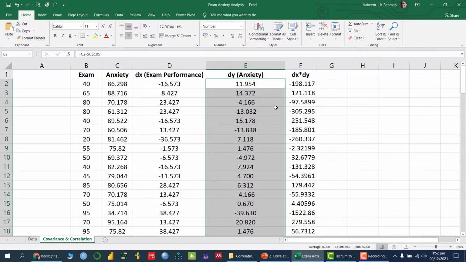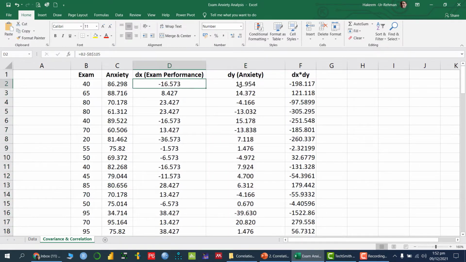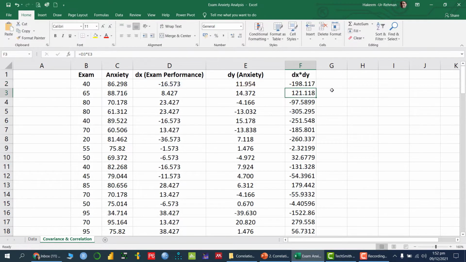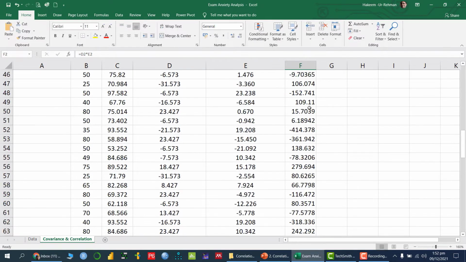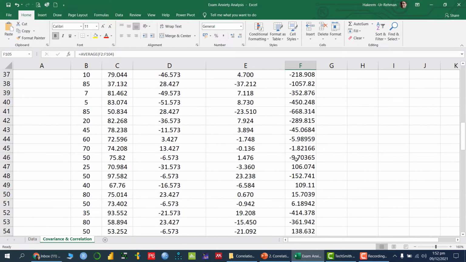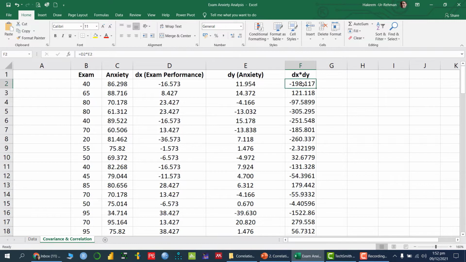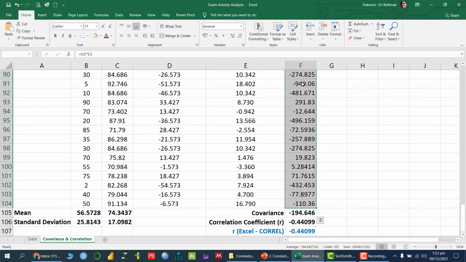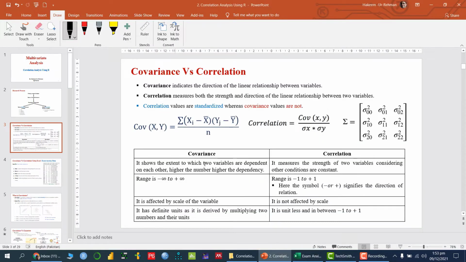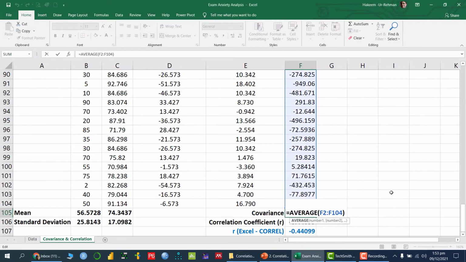Now, in order to find the covariance, this is x minus x bar and this is y minus y bar, so we need to multiply them. That's why we have multiplied these two columns. Once we have done that, again we can drag and drop. Then if I find the average of this particular column, which is over here, this is basically the covariance. That is the formula of the covariance,